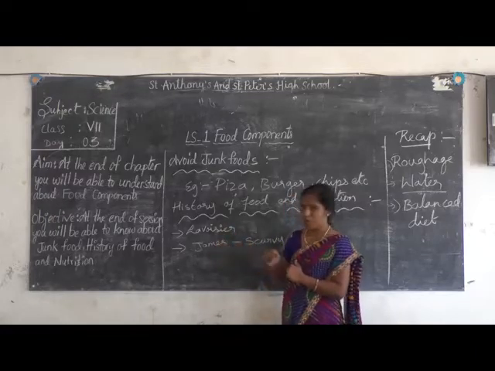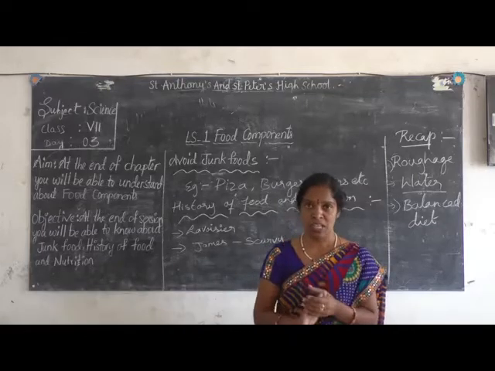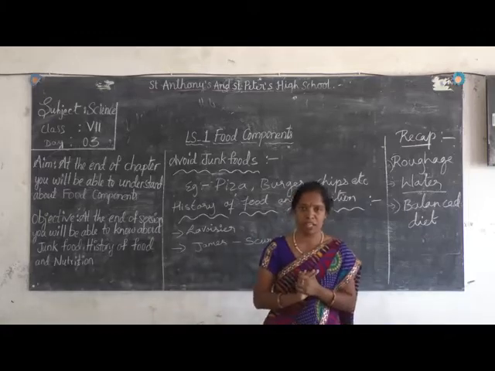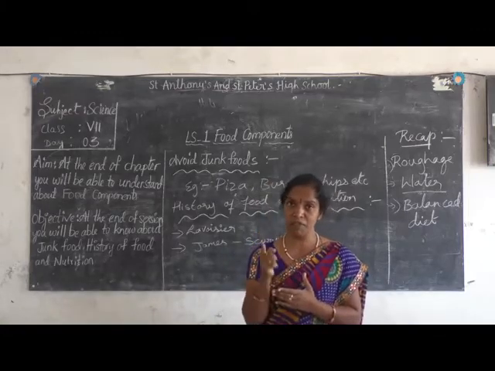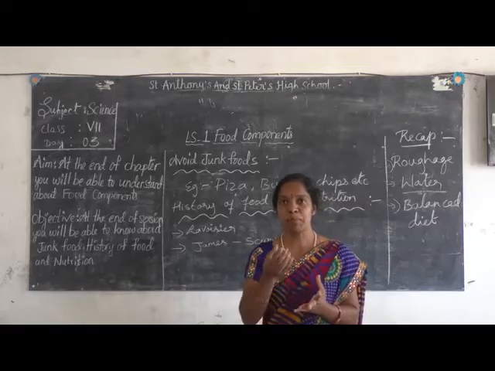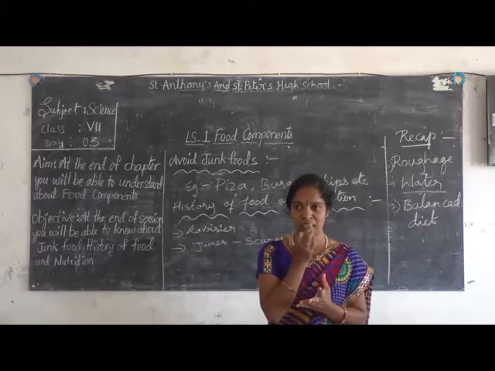After that, James is also one of the famous scientists of nutrition. He found the disease called scurvy. What do you mean by scurvy? Which you finished in your 6th class and 5th class also. Scurvy. Got it? That means it's bleeding gums. చిగుళ్ళ నుంచి రక్తం కారుతుంది. It's bleeding gums.